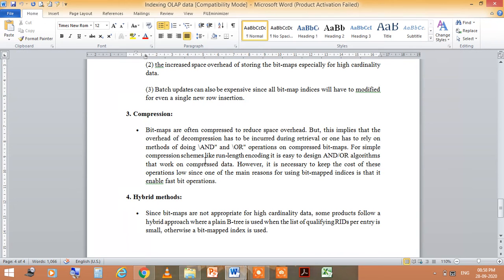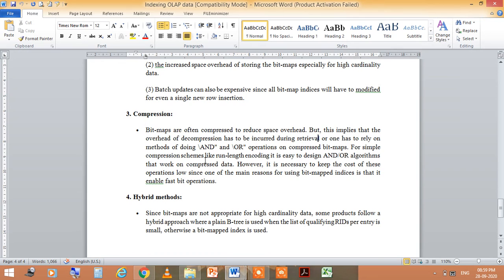However, it is necessary to keep the cost of these operations low, since one of the main reasons for using bitmap indices is that they enable fast bit operations. So compression is important. Fourth is a hybrid method, because bitmaps are not appropriate for high cardinality data.